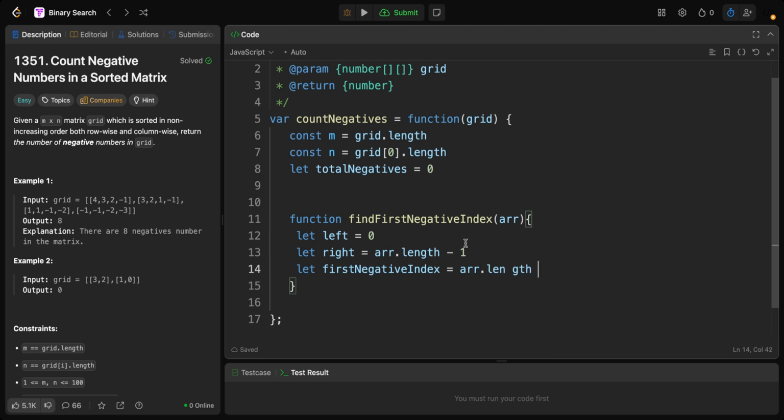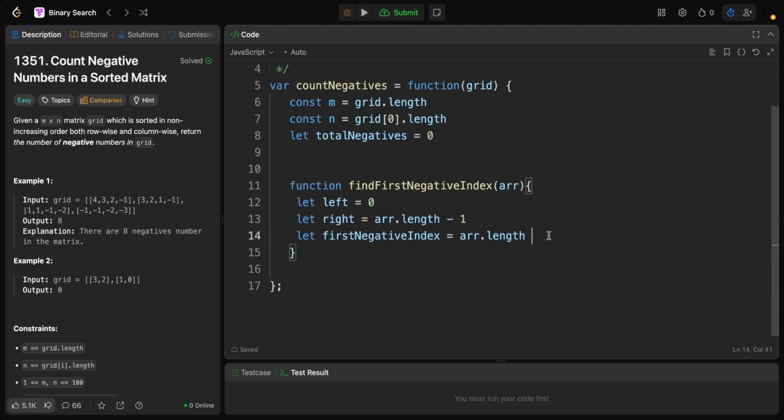Basically, here we initialize it to array.length, meaning no negative found yet. Okay, so we create a while loop, and we say while left is smaller than or equal to right,